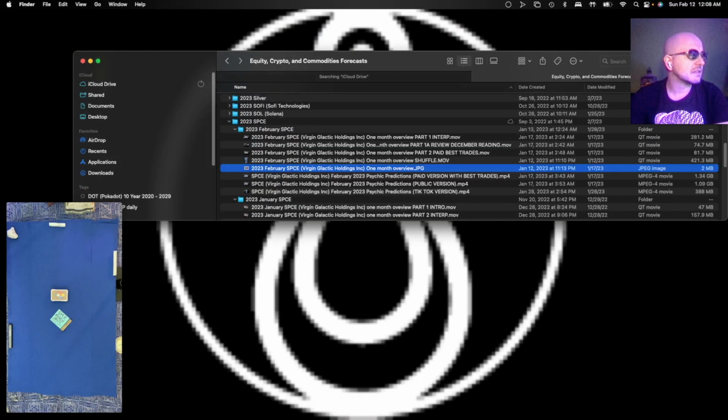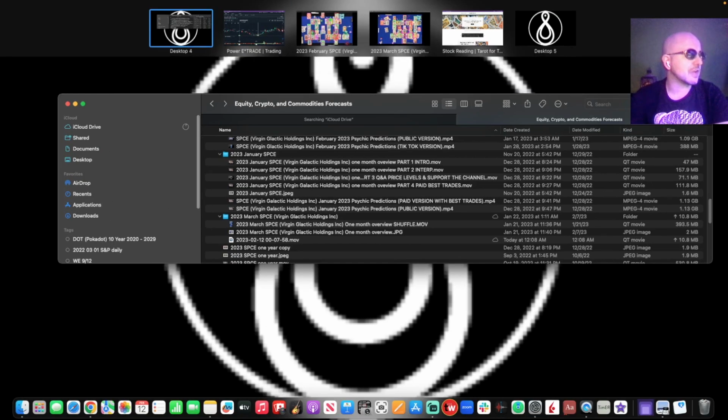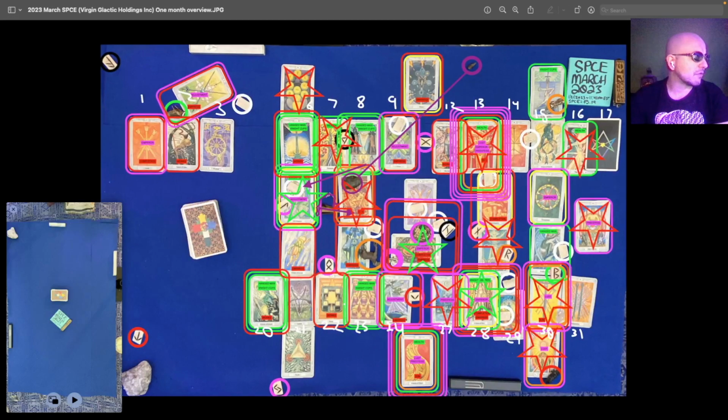The March S&P 500 shuffle file, which we're about to watch, was created on January 21st, 2023, 11:36 p.m. Eastern Time. So the overall theme and behavior for the month, guys, we have a notable breakout standing